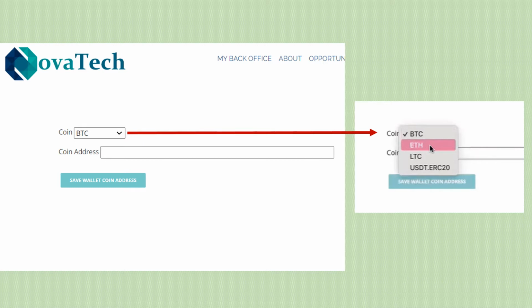Be very careful in terms of entering the address, because the last thing you want is to enter an address for Ethereum when you selected Bitcoin, or make a mistake in the address you're entering, and then you send the money and for whatever reason it's going to the wrong address or being denied. It could be very frustrating if you miss a step. So be very careful. But as you can see, you have the option for Bitcoin, Ethereum, Litecoin, and recently added